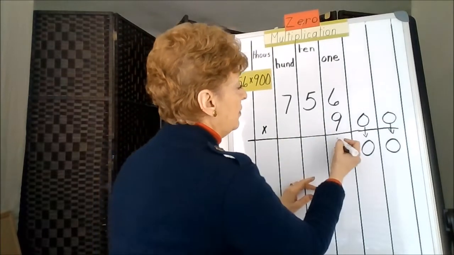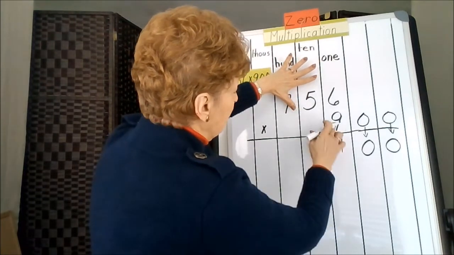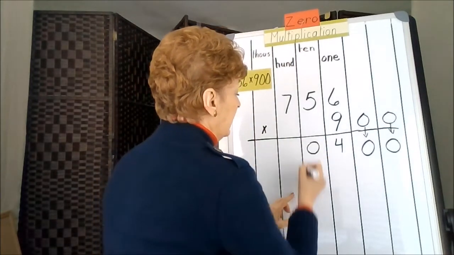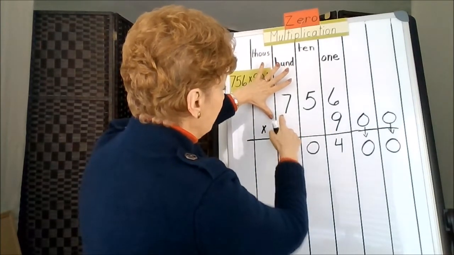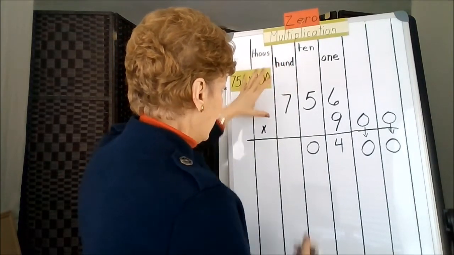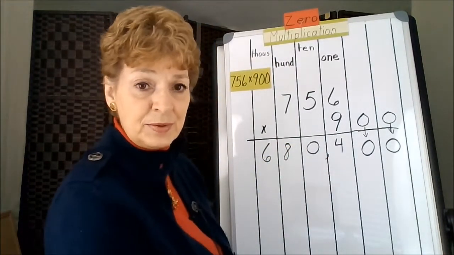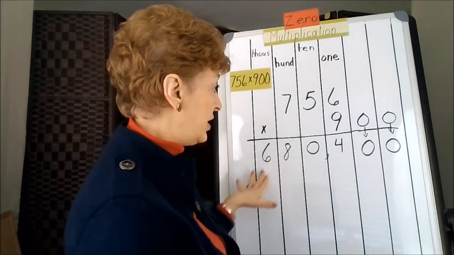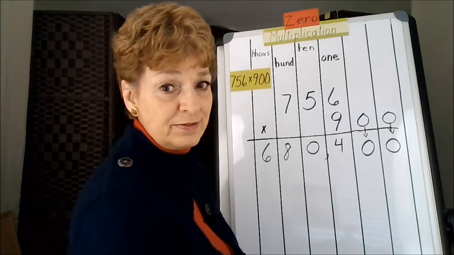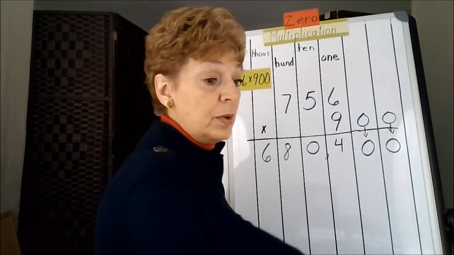9 times 6 is 54. Put down the 4, you're going to carry the 5. 9 times 5 is 45, and 5 more is 50. Carry the 5. 9 times 7 is 63, 64, 65, 66, 67, 68. It was the exact same answer that we had before, but the problem was much easier because the 0 property allowed us to hang the zeros off, because anything times 0 is 0. So it was kind of a shortcut. We're just using the tools